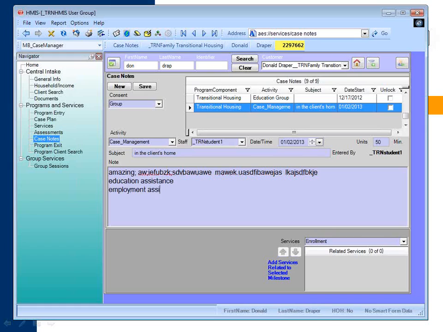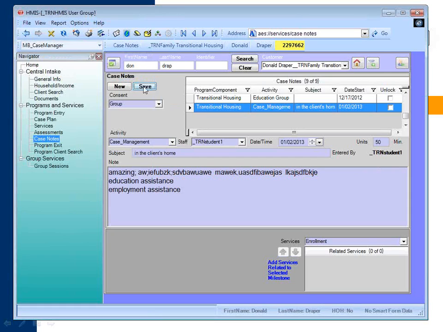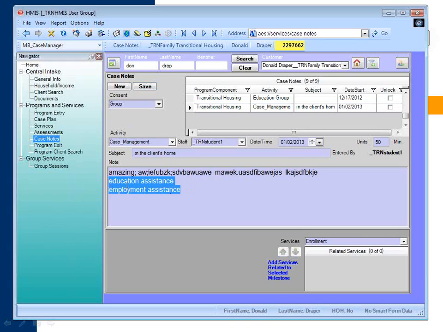So you can just type them into the note itself and save. So you can type it into the note itself like I've done here, or you can wait to add these services until this issue is corrected. So once the issue is corrected by AdsysTech, you can go back and add the services to your existing notes, or you can